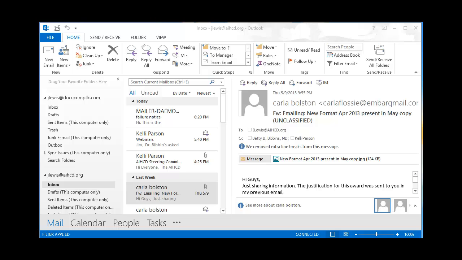Hello everyone. I've just set up new email accounts for you at docump-pivotpoint.com. I want to create this video to show you how easy it is to set up your new email account in Microsoft Outlook. So let's begin by clicking on the tab that says File,